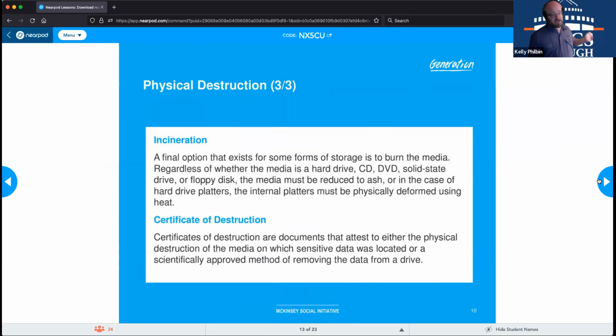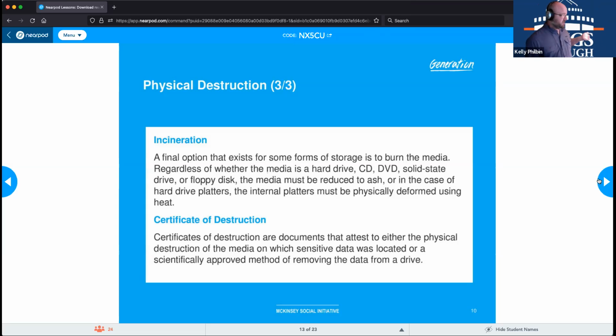Basically they are stating that they destroyed however many hard drives. It is a licensed company and this has been verified, because later audits can come up and say, hey, we showed you purchased 500 computers, you only have 100 in the office. What happened to the other 400? And by the way, you have government contracts, so it's very important that we know where those computers are. If you do not have those certificates of destruction, that can be very, very bad for you.